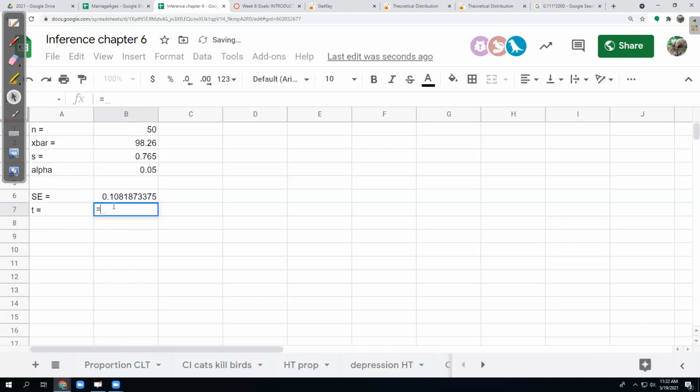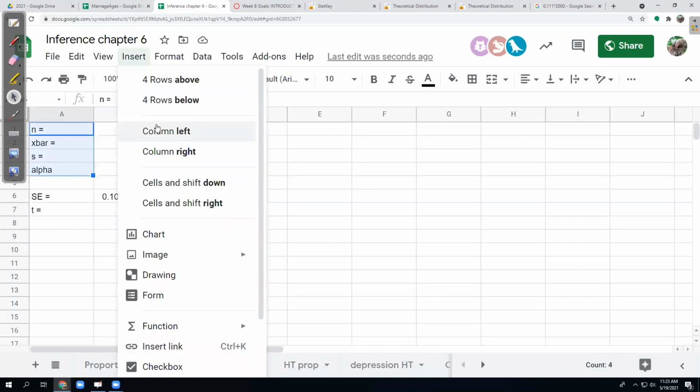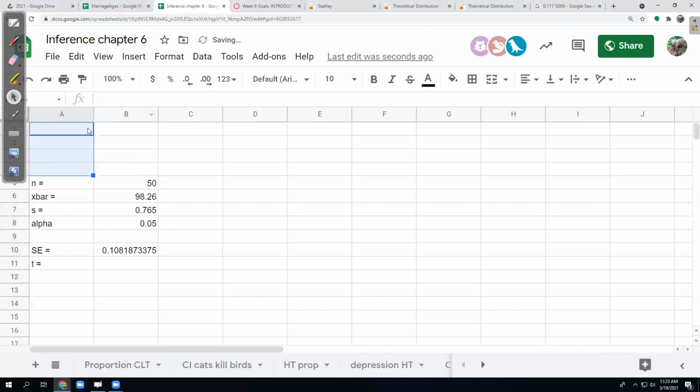And that is equal to parentheses to do the subtract. Oh, I don't have my null hypothesis in here. Aha. Let's put that up at the top. Let's insert a few rows. This is human body temp. And my null hypothesis, H0,